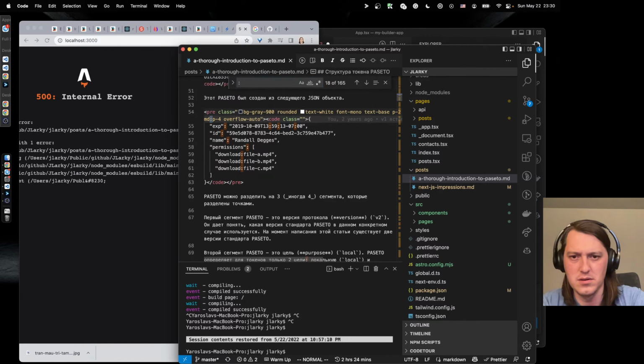I still don't know what the links do, but anyway, where's the stock stuff? Okay, so box. So here's our box, and we want to link the box. So flex column relative such and such.